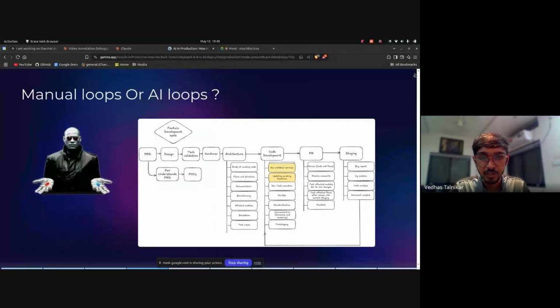That's going to be the first part. So the whole journey in this presentation will be, first of all, we'll go with PRD and starting from